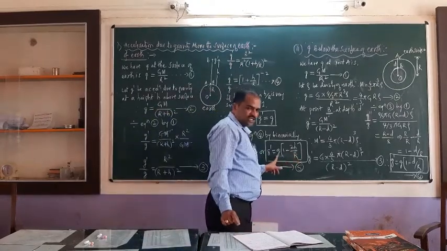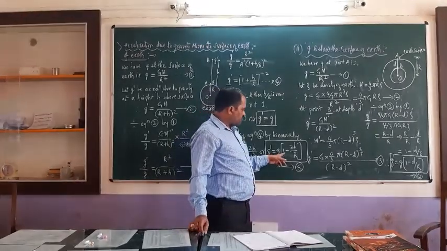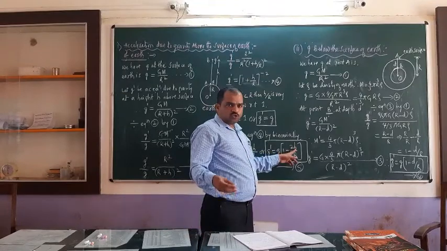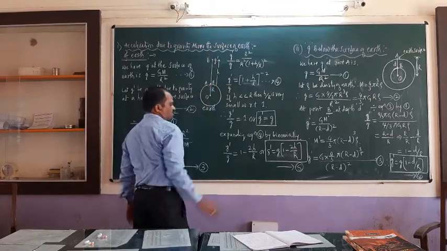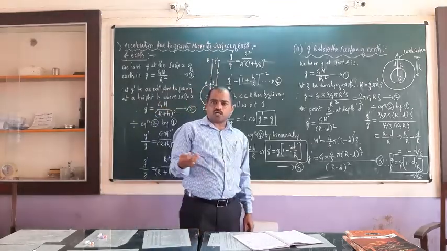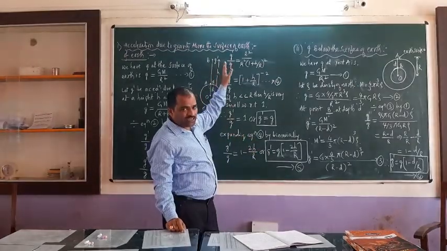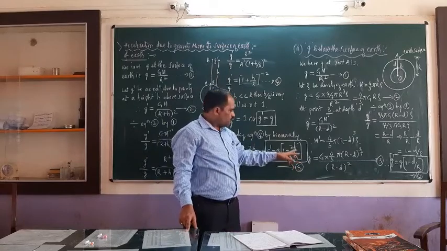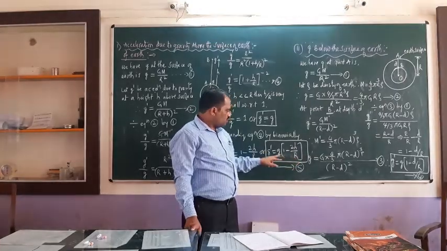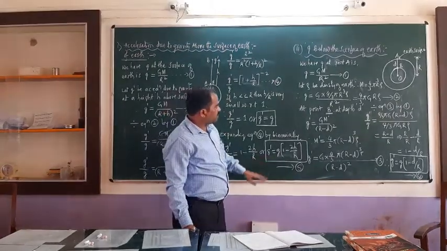So we know g on the surface of the earth is 9.8 meters per second square. We can substitute the value of the height of the body from the surface of the earth, how much the body is lifted above the surface. We can take 500 meters, 100 meters, 50 centimeters, 1 meter, 2 meter, any height. We know the radius of the earth already. So by knowing h and r, which is constant, we can calculate the value of g dash above the surface of the earth. So this is one of the expressions.